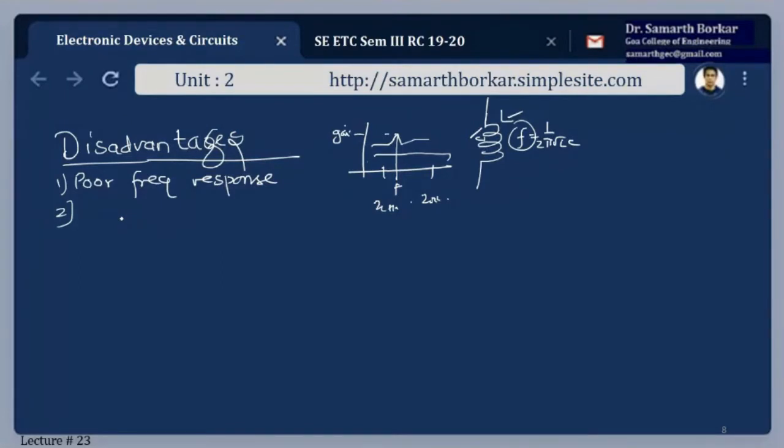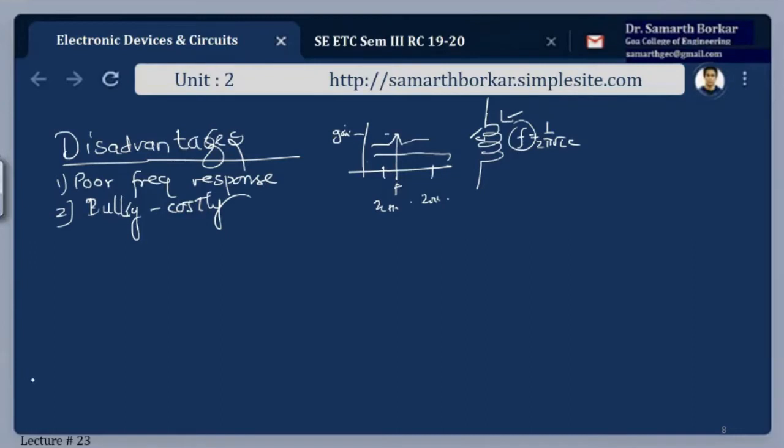If I discuss the cost, the capacitor will cost me around 2 rupees, the resistor 1 rupee, but ordinary transformers will cost you around 35 rupees, and center tap transformers roughly around 70 rupees for 500 milliamperes. So it is bulky and also costly. And this is because we have to use this at audio frequencies and it is made up of an iron core. So that's another issue.